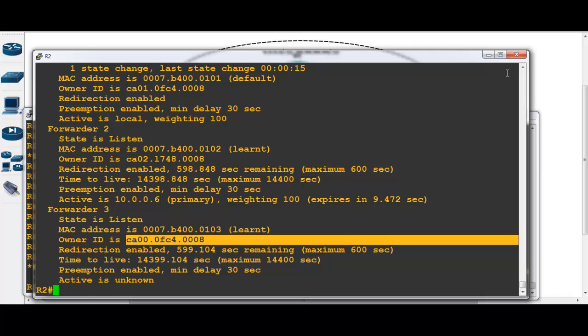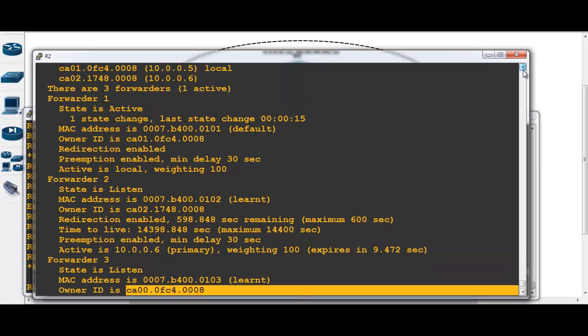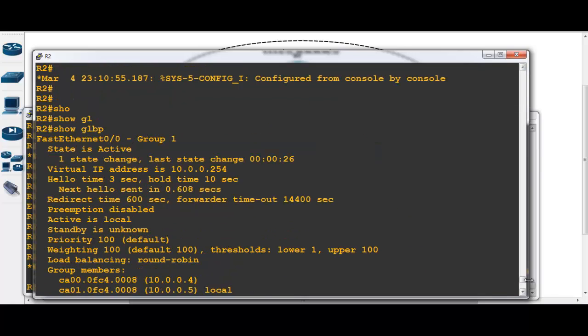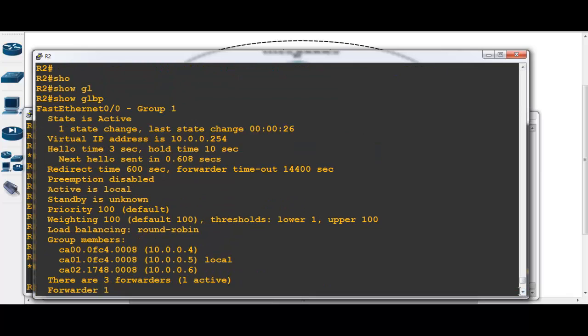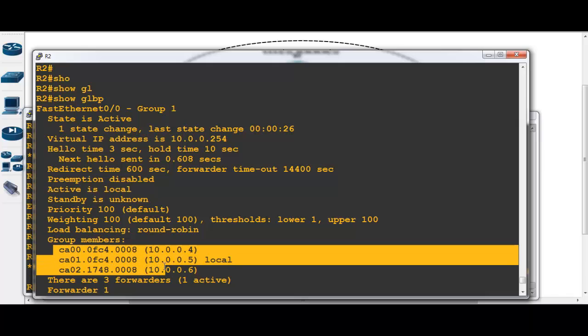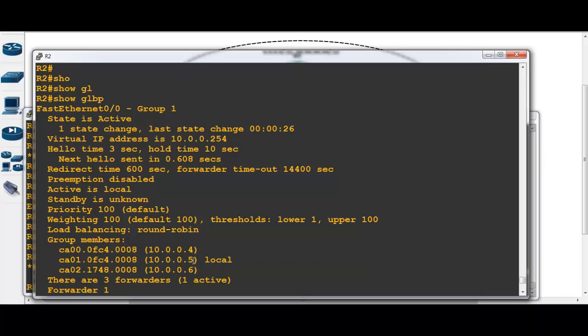See, what is GLBP? All routers will be active. But you see here, this active is different. This active talks about AVG. What is AVG? The one who decides on the MAC address and distributes the MAC address. For router 2, it has kept this MAC address. Okay, I'll respond to this MAC address. I am this. For router 3's MAC address, it has copied. For router 3, it has given